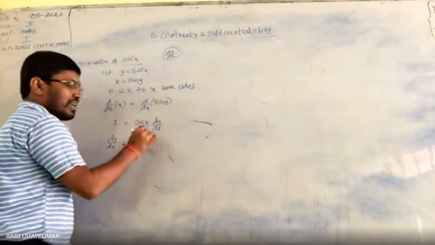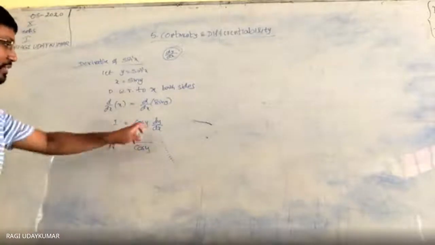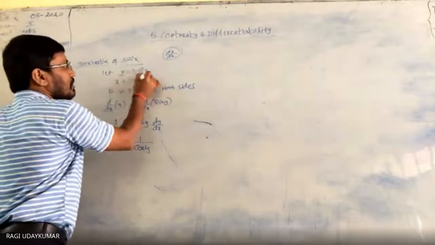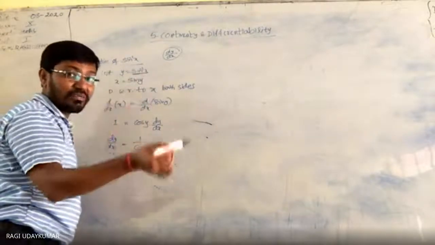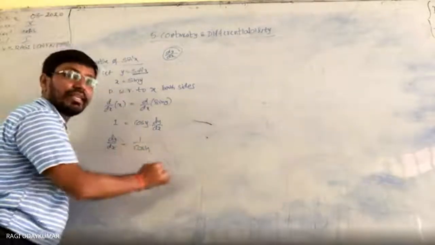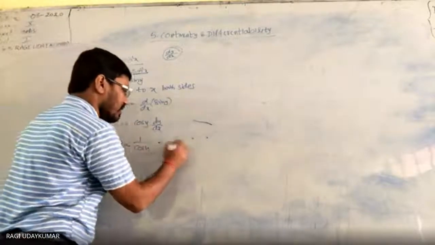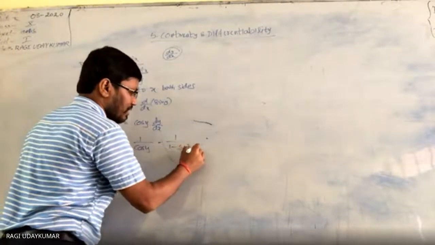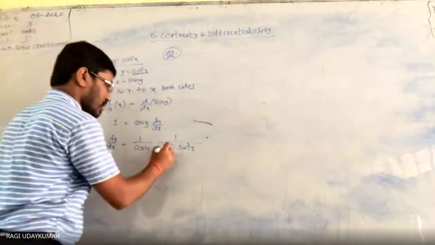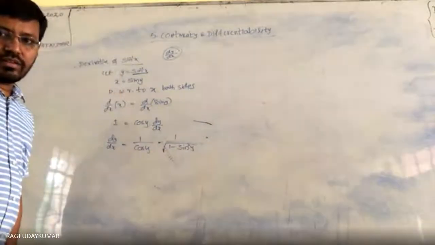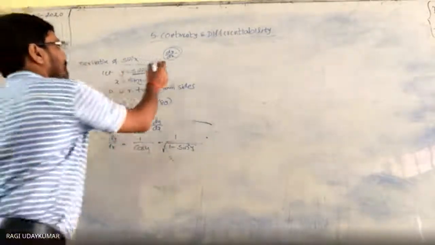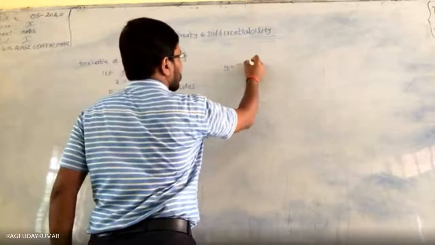But this should be in terms of x only. We should write this one in terms of x because the function is given. इसका derivative चाहिए. So function is in terms of x and उसका derivative भी in terms of x होना. So this to be converted in terms of x. To convert in terms of x, first you can write it as 1 by under root of 1 minus sin square y. You can write that. Then here, whenever you see y equal to sin inverse x,